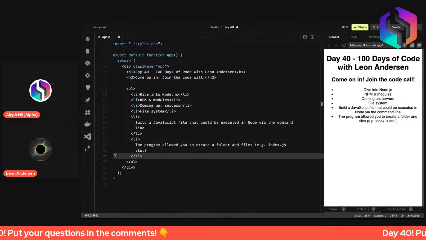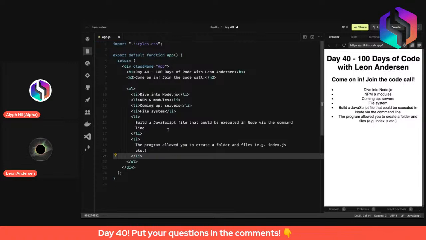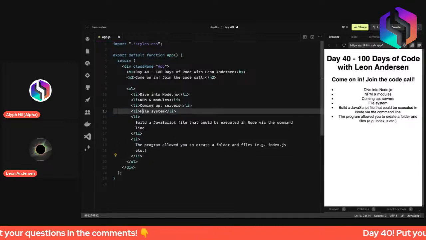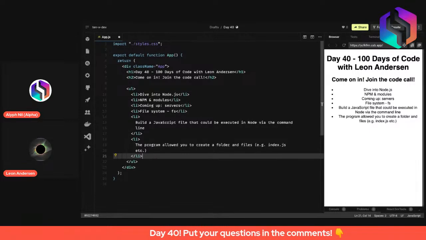There was this command needed, which is fs.required, and I didn't fully get it. I think Colt didn't fully explain it, but it was about